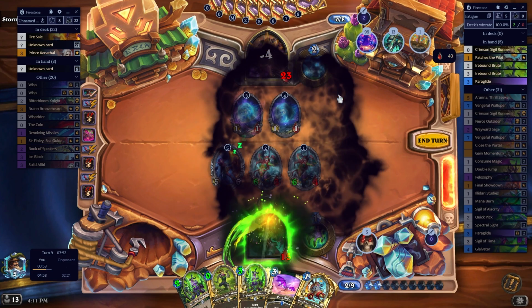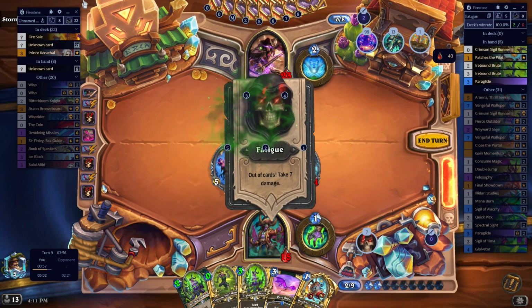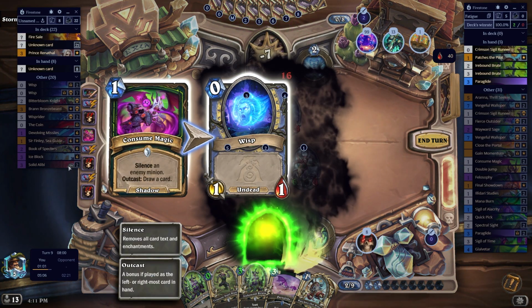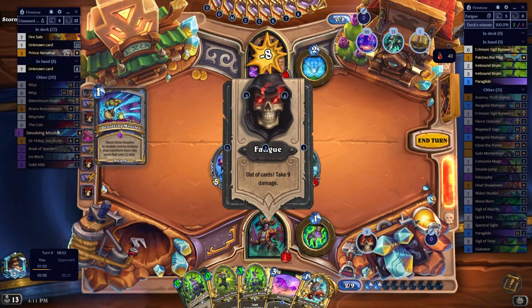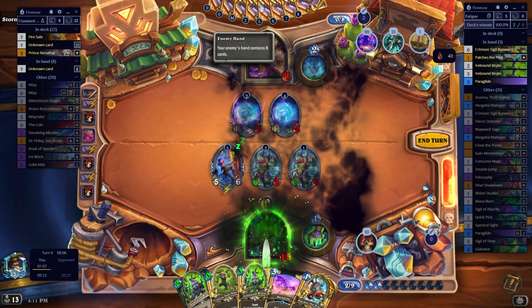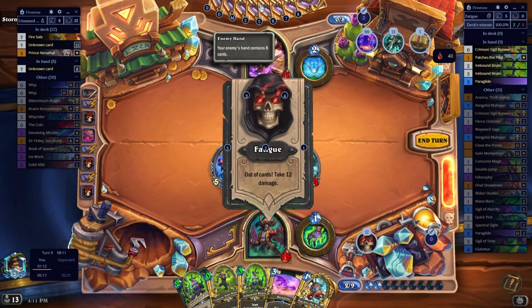He's playing a really slow version of the deck. It's playing like a Renothal version, but he has also a whole bunch of spells, right? He has probably double Ice Block, double Stellar Alibi, double Devolving Missiles, plus the Book of Specters, plus Divination. So he's playing 40 cards, yes,